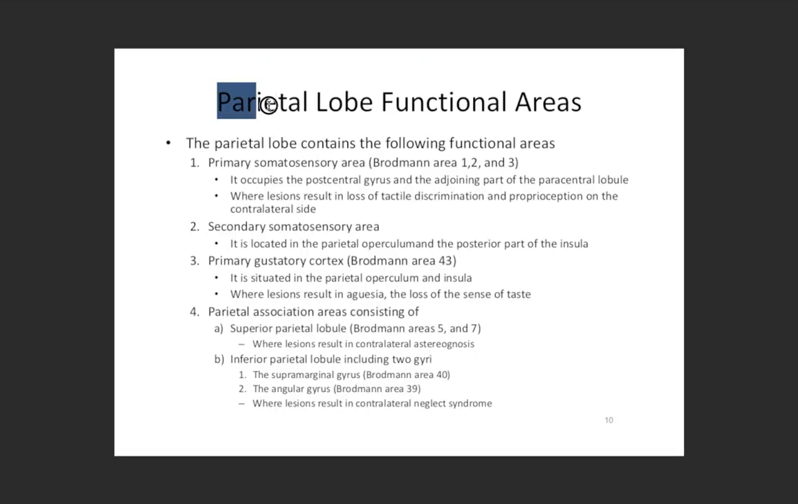Okay, talking about the parietal lobe functional areas. Actually, the parietal lobe functional areas are really a lot of them. The parietal lobe contains the following functional areas. First of all, the primary somatosensory. A moment ago I said that when I say sensory, it means posterior to the central sulcus, and motor means anterior to